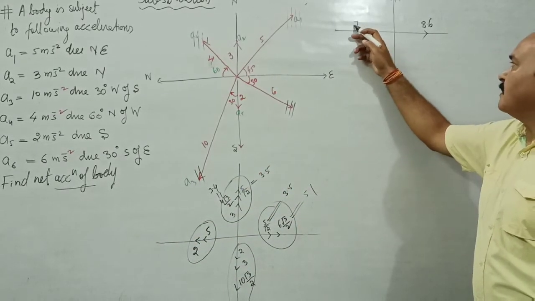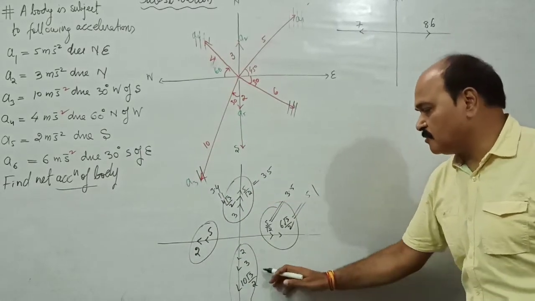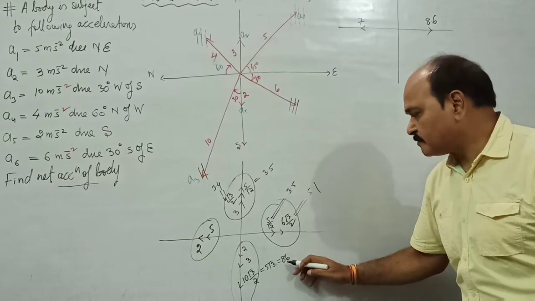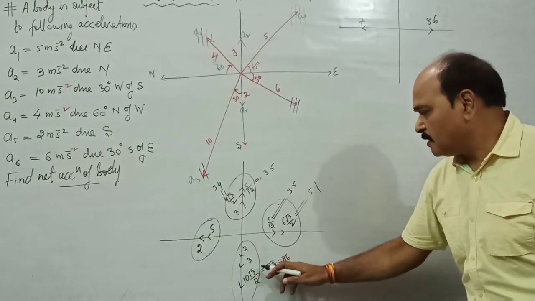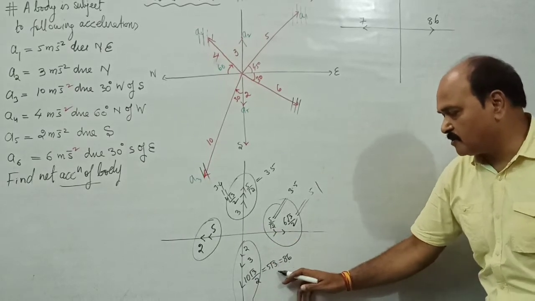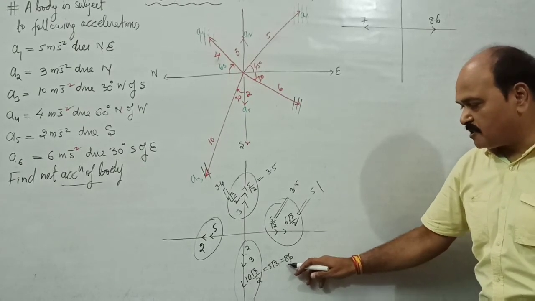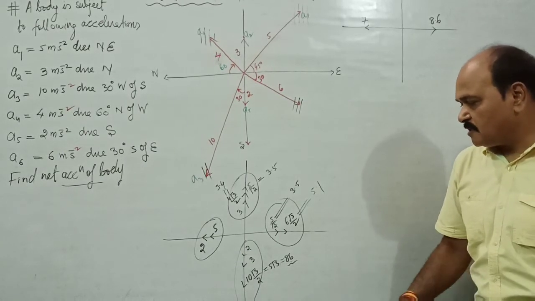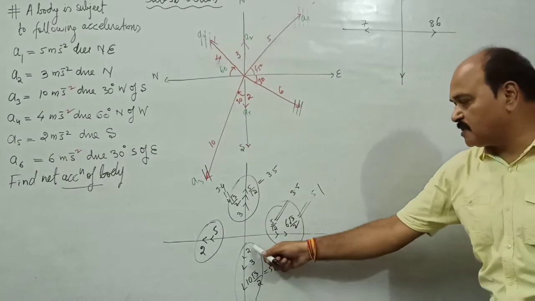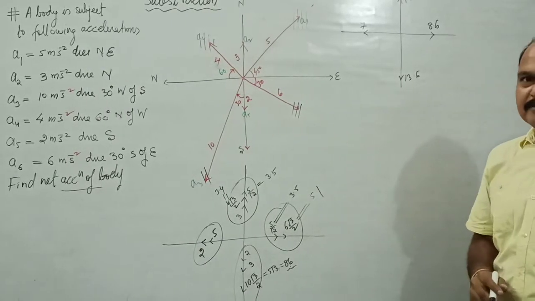Now the sum of these two vectors, which are 5 and 2 units towards left, is the simple sum 7. And the direction would be towards left, that is towards west. And these three vectors which are due south, the sum would be 2 plus 3 plus this, 5 root 3. 5 root 3 is 5 times 1.73, nearly 8.6. So the sum of these three vectors is going to be due south, and the sum is their simple sum: 2 plus 3, 5, 5 plus 8.6 is 13.6. See, case 1 is applied.